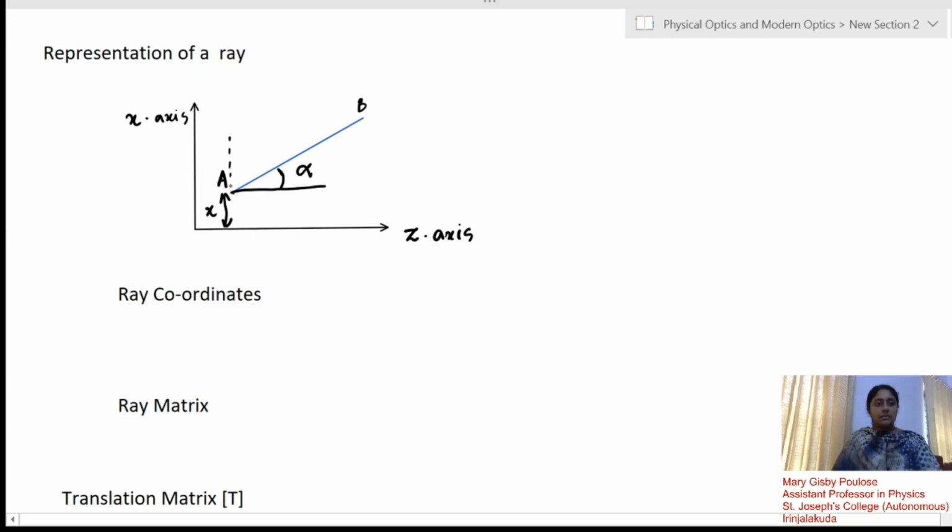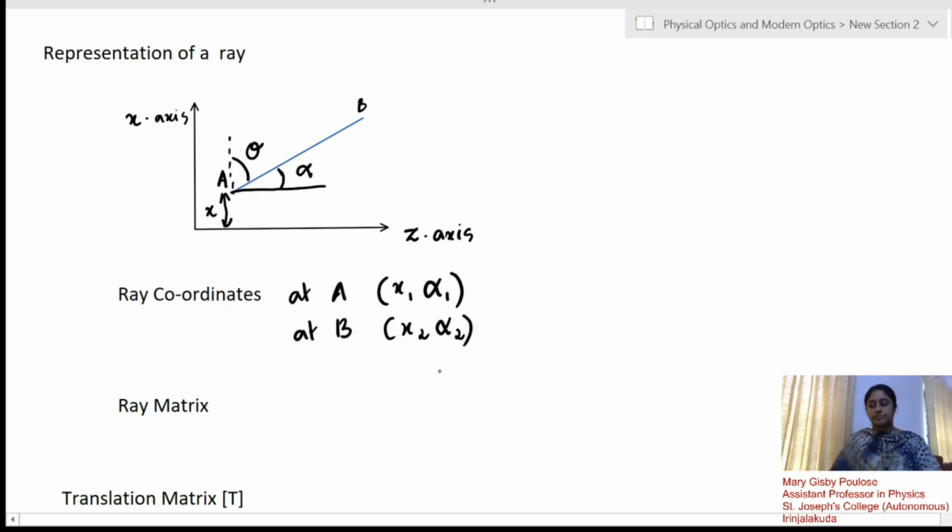The angle made with respect to the x-axis is also denoted by an angle theta. Here, the ray coordinates at A are represented as x1, alpha 1, and the ray coordinates at B can be represented as x2,